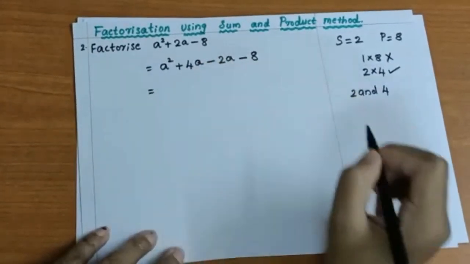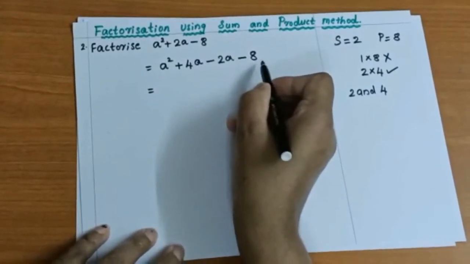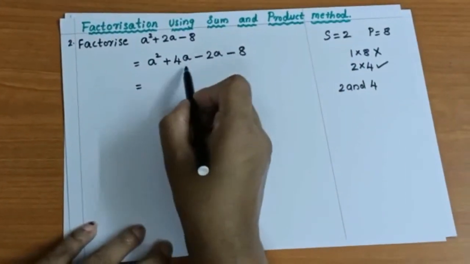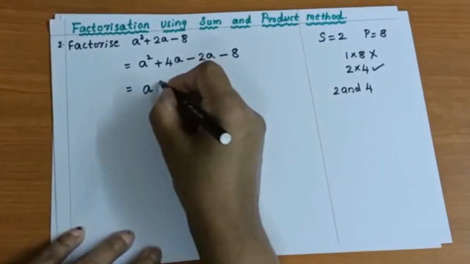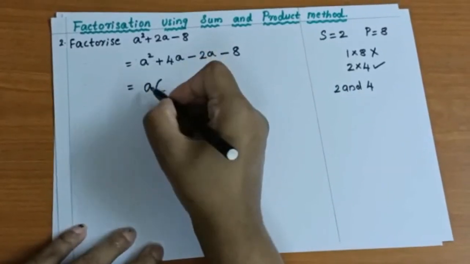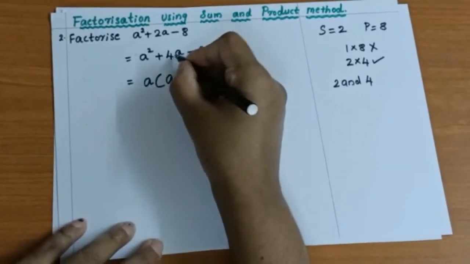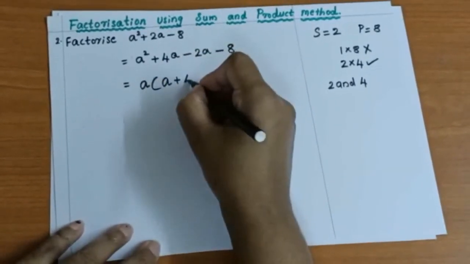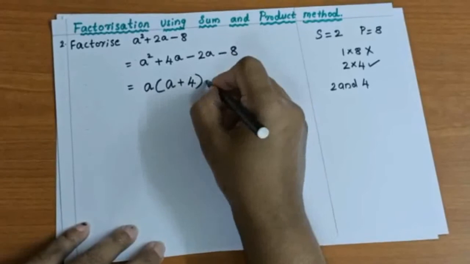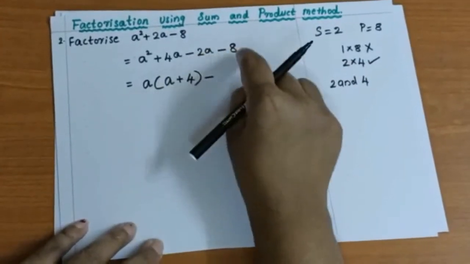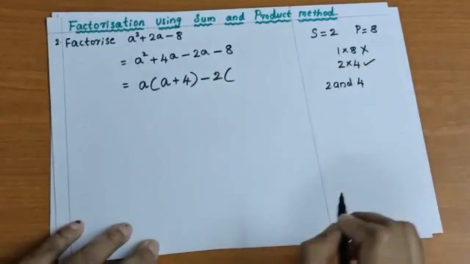Now what we have to do? Factorization. So presently from these all 4 terms, there is nothing common. So we can choose the first 2 terms. From the first 2 terms, a is common. We can take that outside. When we are taking 1a outside, 1 more a is left. Plus, here from this term we took a outside, so 4 is left. Here negative 2a, negative 8. We can take negative as common. 2 and 8 are there in 2's table. So we can take that 2 outside, start the bracket.